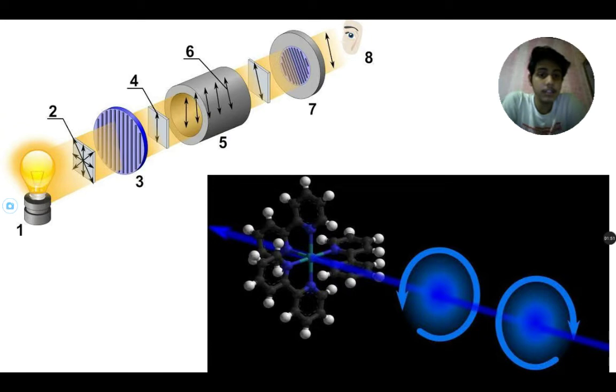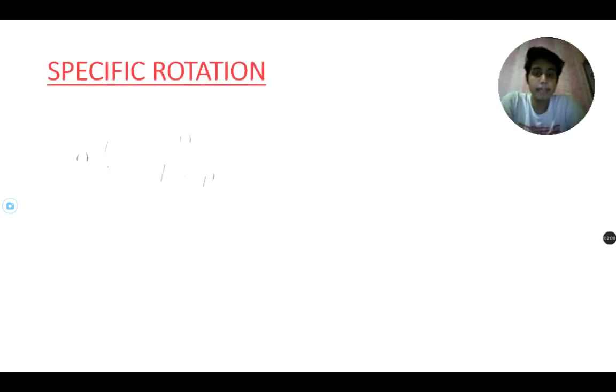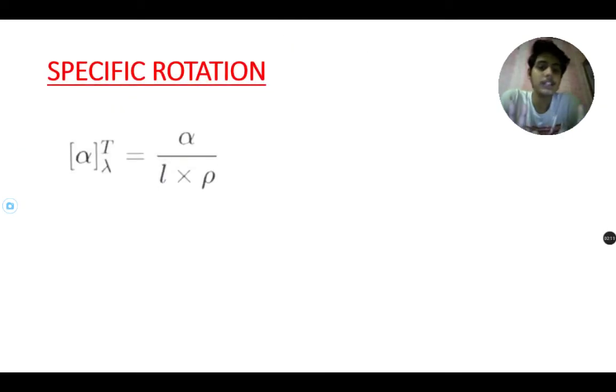Yesterday I said chiral compounds are the optically active compounds. They rotate the plane polarized light to the right side or left side. Due to this we have two configurations that today we are going to read, D and L configurations, with all the basic concepts. First of all, let's start with specific rotation. What does specific rotation say? Yesterday I said chiral compounds rotate the plane polarized light left and right. But there is a specific rotation.